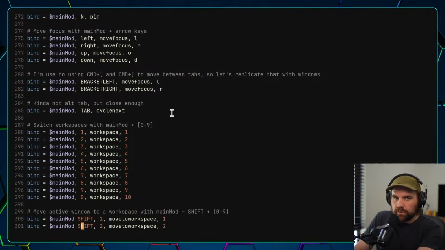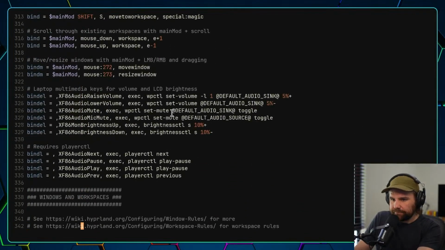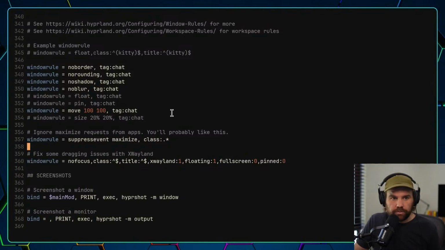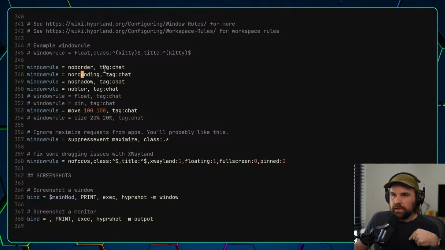What I want to show you is what I can do with styling. There's things called window rules inside Hyprland, and the syntax is the thing to change and the target. Here I have a window rule that says remove the border if the window, and this square thing is a window, like this whole app here is a window, is tagged with chat, because you can tag windows in Hyprland. If it's tagged with chat, don't add a rounding, so no rounding up here. No shadow, and so on.